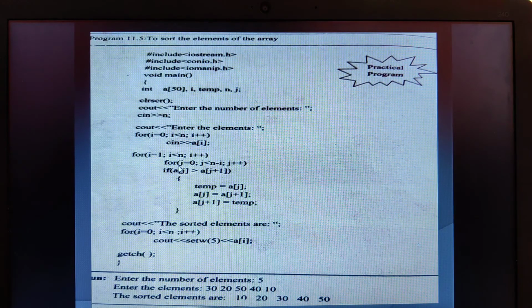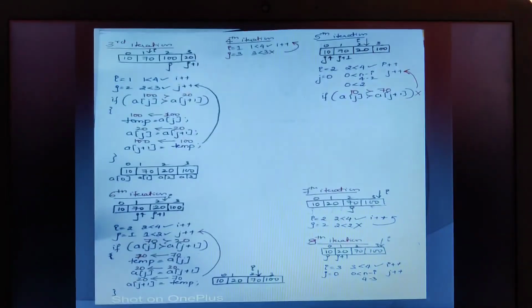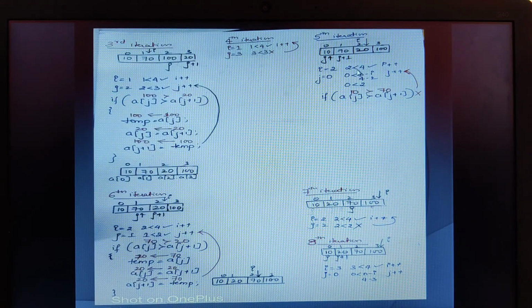Therefore, here j will get reinitialized to 0. j will start its iteration right from the 0th location. So herein, as per the statement here, since i is equal to 2, 2 is less than 4, yes, and the condition satisfies. On satisfying this condition, j got reinitialized. So therefore again j is pointing at the 0th location. If j is pointing at this location, definitely j plus 1 is pointing at this location. Am I right? Now herein, j should be less than n minus i. What is the size of n?